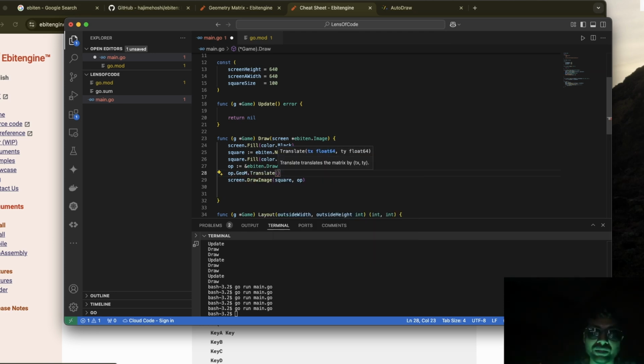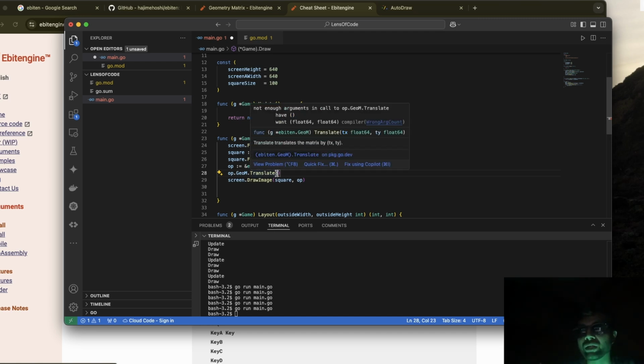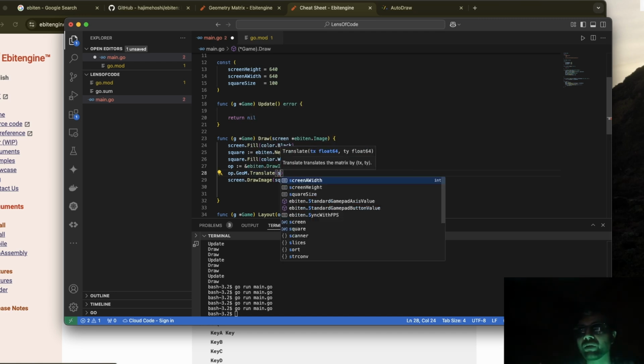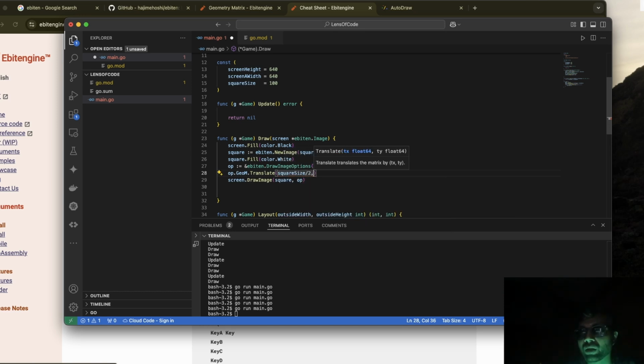What is required in translate is nothing already mentioned. It's off of the square. I will tell you that off of the square will not work. Why, I will tell you. Square size divided by 2 comma square size divided by 2. Okay, now if you run,